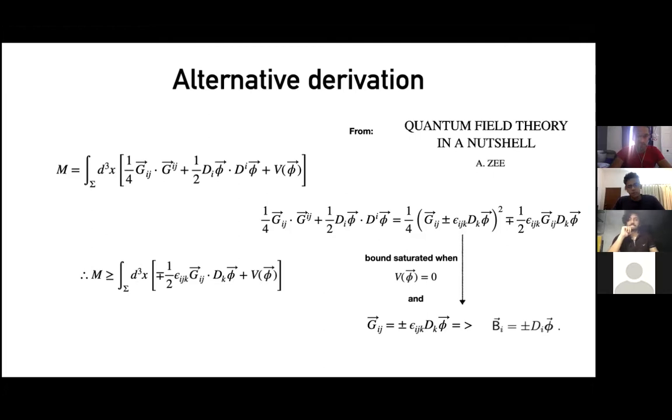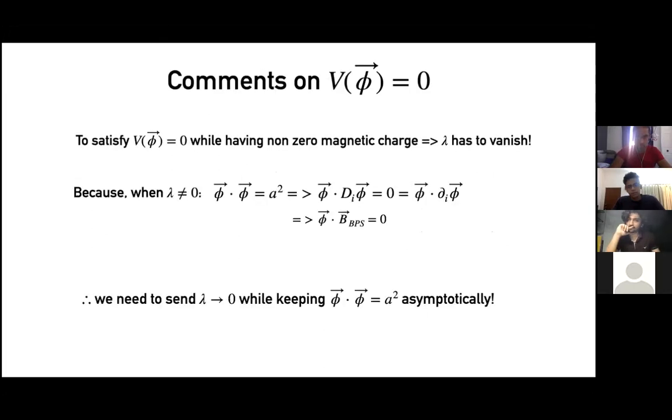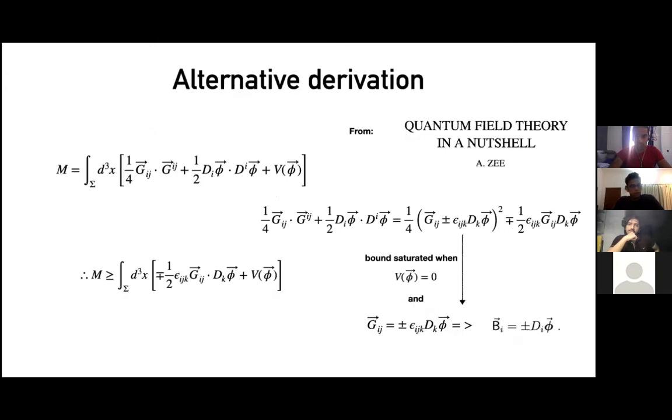But you see, we did something weird. We said V has to be 0. And actually, that's something to be careful about. Really, to have non-zero magnetic charge and have V be 0, you need lambda to vanish. You need to have very weak coupling. Because otherwise, you have the Higgs vacuum condition that ruins it for you. The vacuum conditions imply that phi dot di phi is 0, and then if B is di phi, then phi dot B is 0. So it can't have non-zero magnetic charge. So you need to be careful about the order of limits and how you get this thing. This is something we will meditate on in the future, like this BPS monopole.